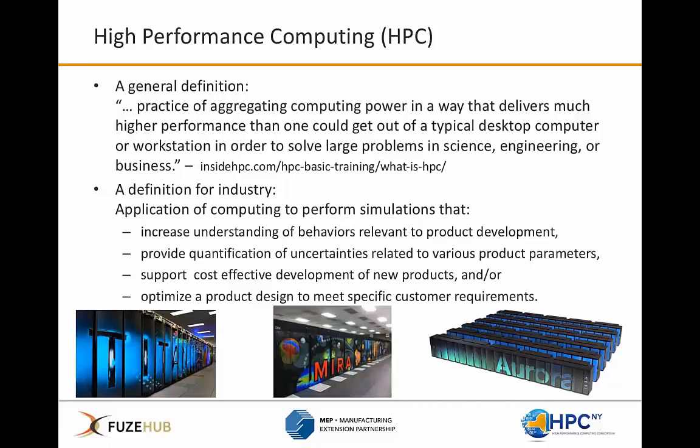Yes, good morning. So, introducing high-performance computing, the first definition given on this slide is one used by the HPC community. I'm not even going to read that one. I'm going to focus on a definition I tend to use in interacting with industry, and that is the fact